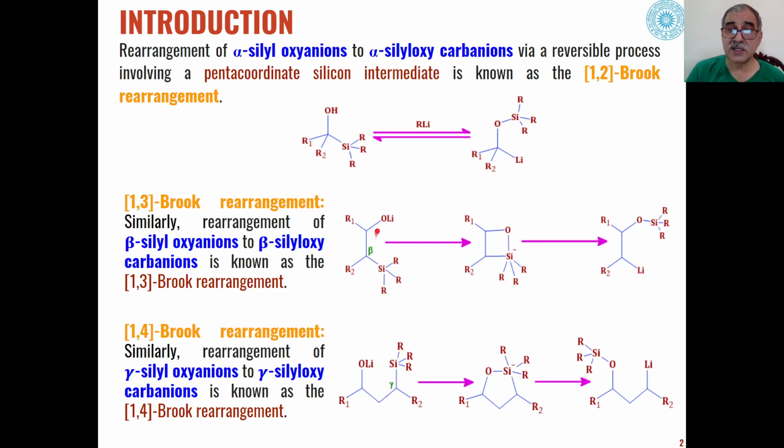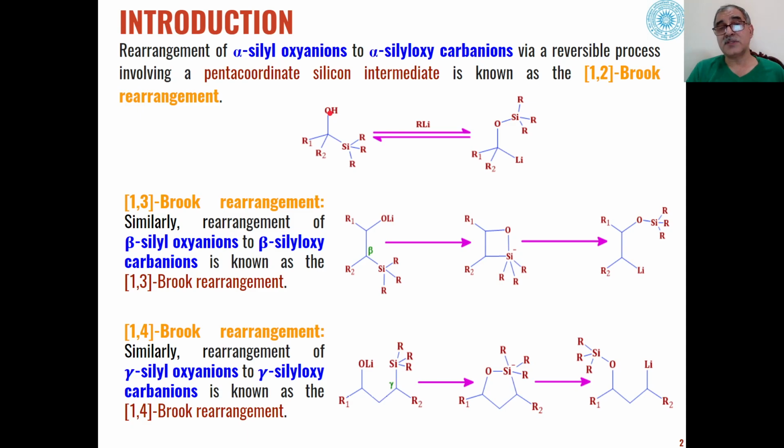Similarly, if we are converting these beta silyloxyanions into beta siloxycarbanions, then the Brook rearrangement will be called 1,3 Brook rearrangement, and if there is a rearrangement of gamma silyloxyanions to gamma siloxycarbanions, then this will be called 1,4 Brook rearrangement. And the corresponding reactions of these conversions are like this: here this is the alpha carbon,